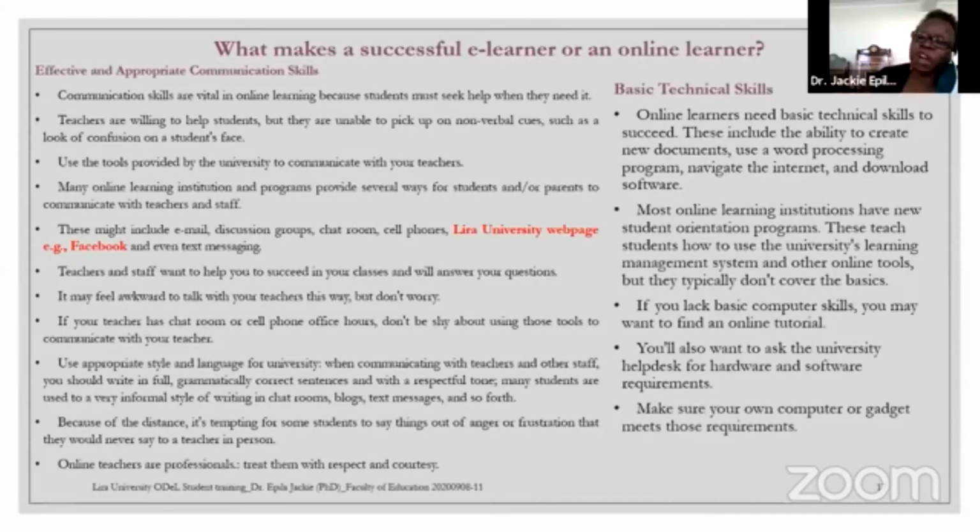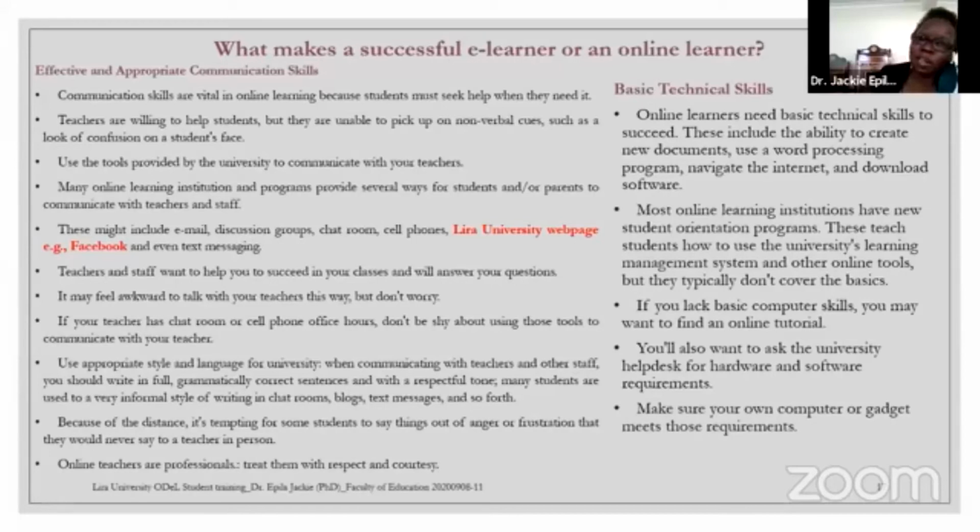Now, use the tools provided by the university to communicate with the teachers. You have emails. We even have a Facebook platform. You can go and type in your query or comment at that point. Then we will be able to address you. And also we have contacts. There are contact links on our platform. You can either contact the university directly or you can contact the ICT. You can contact the library. They'll be able to help you.